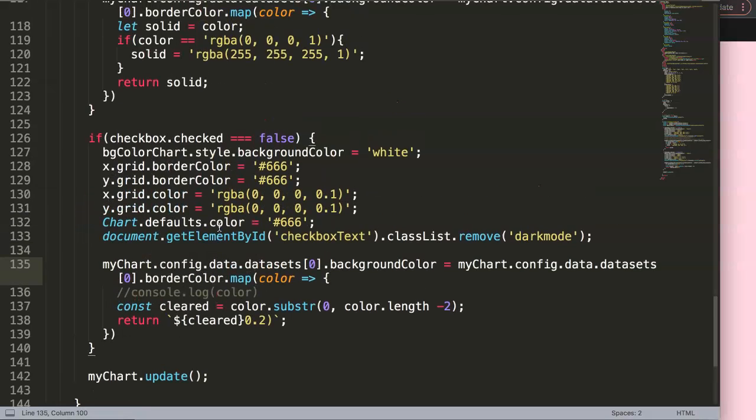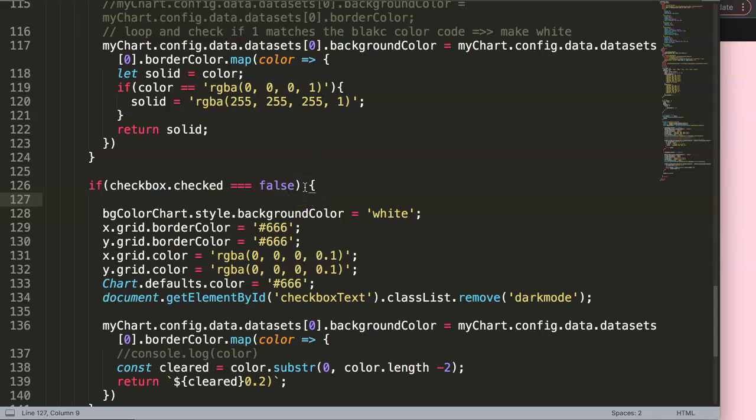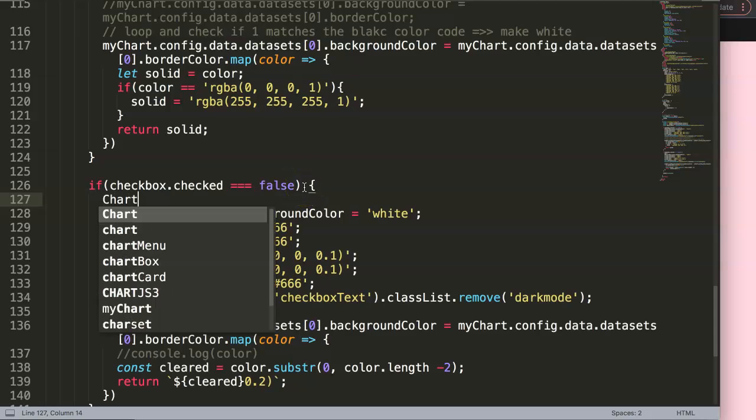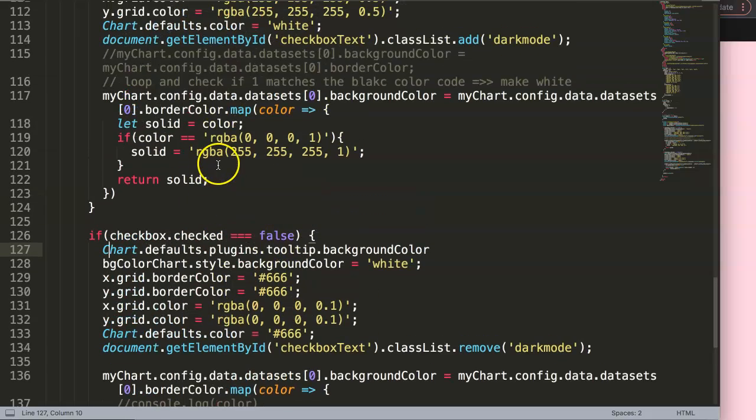Alright, so to do this, what we need to do first is put in a default command. We're going to say chart.default.plugins.tooltip, and then basically in here we're going to say .backgroundColor. The reason why we're doing this and not maybe myChart and then config and from there on to options, which is normally the common way,